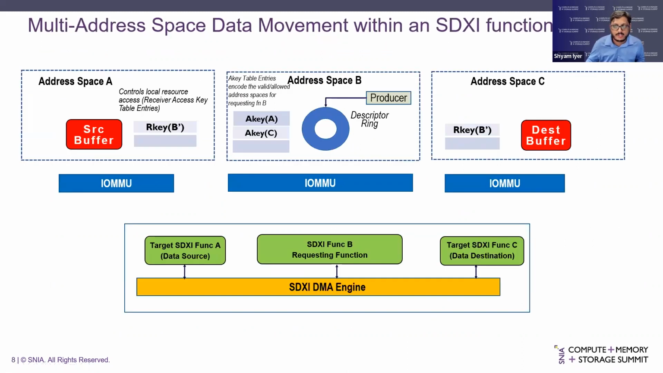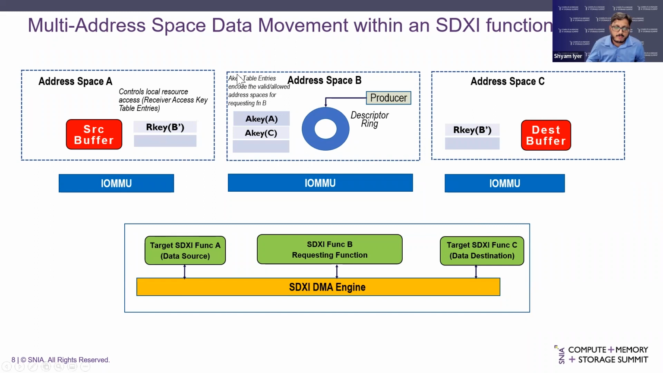So this is an example. It's actually an example where we are showcasing how SDXI works with multiple address spaces. In this example, the producer is in address space B, which is in the middle, and it's trying to move data from an address space A, which is on the left here, to the address space C, which is on the right here. This can also be visualized as maybe the hypervisor trying to move from one VM to the other VM, or maybe